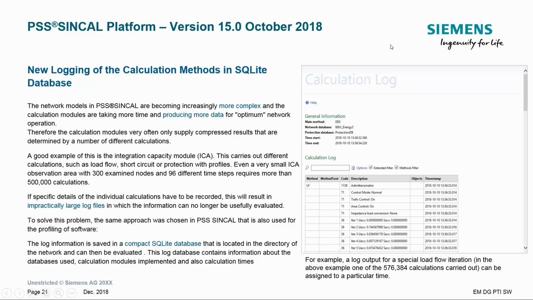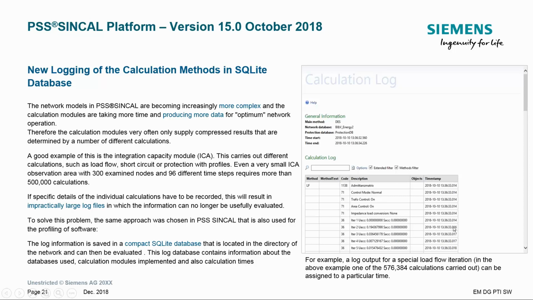So we added a calculation log where you first of all see what is done, then the time for starting and ending. In this case it takes milliseconds, but maybe seconds, but this could also take hours if it is a very large system. Then you see in the log which method we actually are working on, then the algorithm, then the control modes. You see all iteration loops and the times,